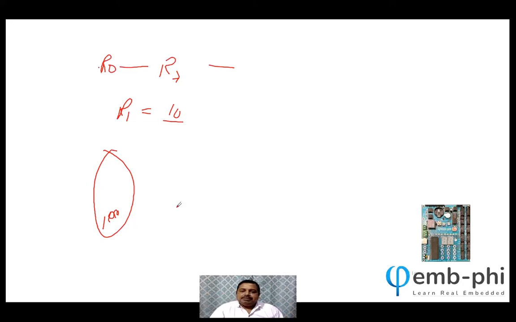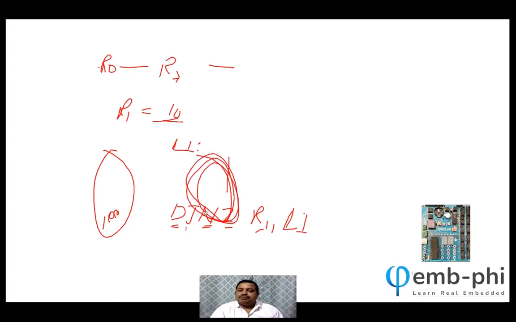In assembly we have an instruction called DJNZ, decrement and jump if not 0. So we say DJNZ R1, and then where we have to jump. Consider we can say L1, so we write L1 here. I am going to write the code for you, so nothing to worry. We load the value 10 in R1, then do our action, and then decrement. It becomes 9, go here, then 8, 7, 6, 5, 4, 3, 2, 1. Once it becomes 0, it will come down here. So this approach we are going to use in programming.